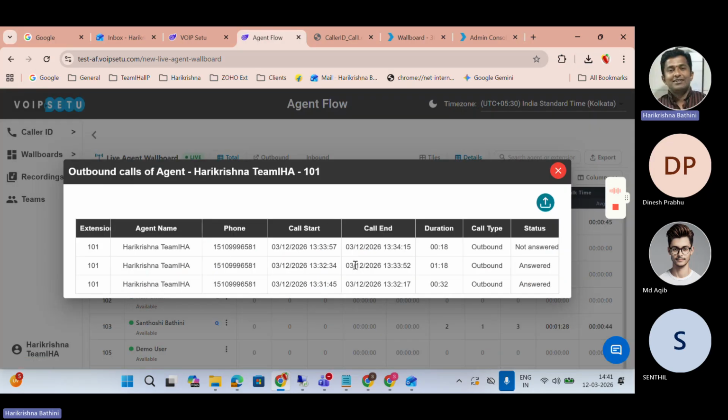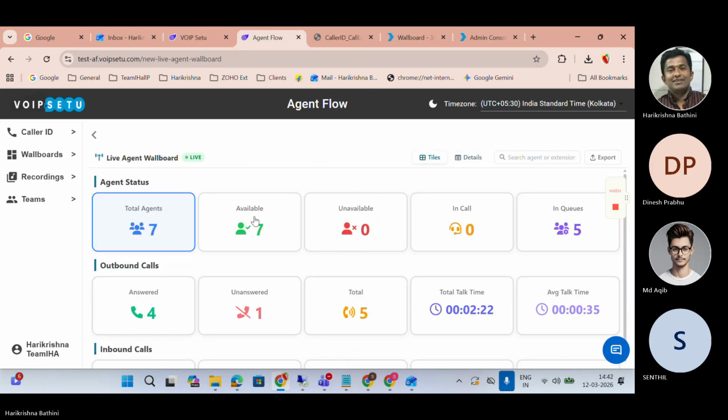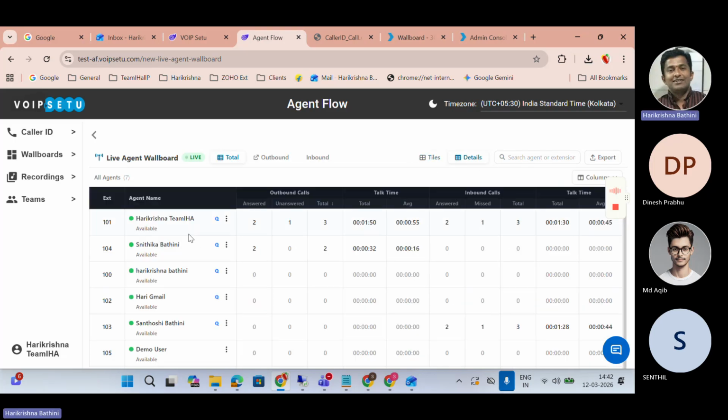When you click on it, we are going to get the complete call information. So this is the agent. He dialed this number, but the call was not answered. What was the call duration and the type also is here. The same applies for inbound calls also. And we can interact from here. I'll make one call so that it will be